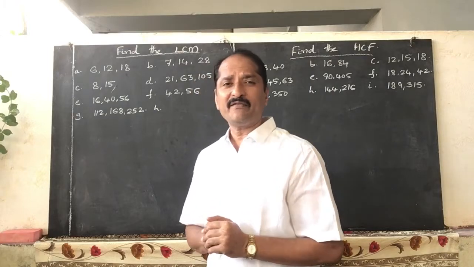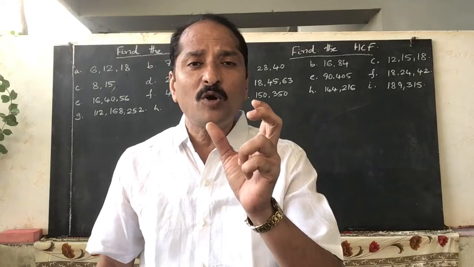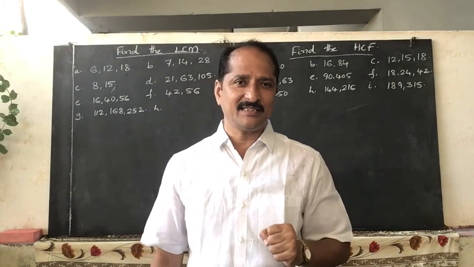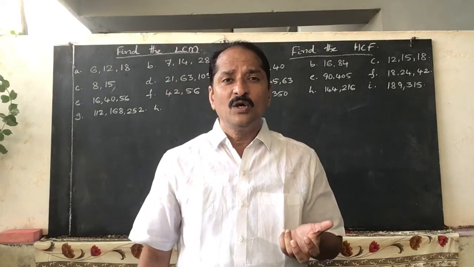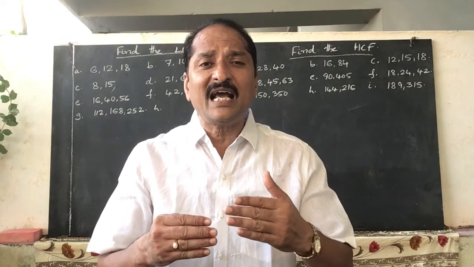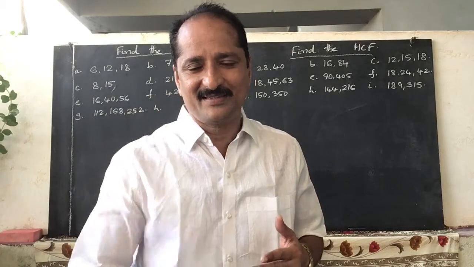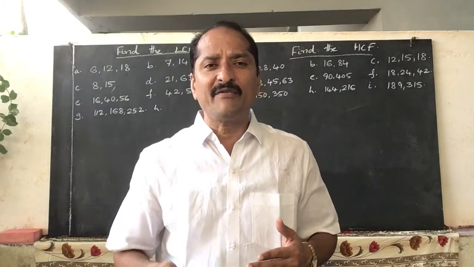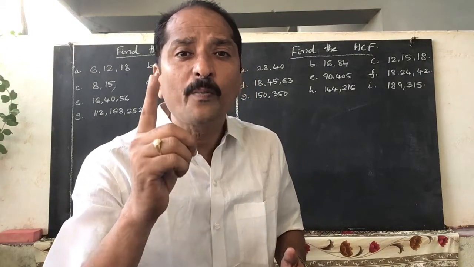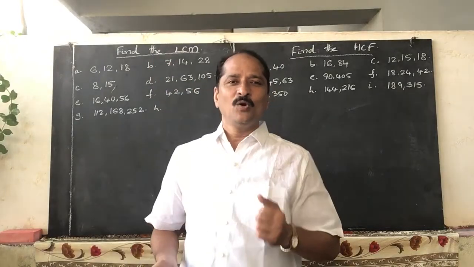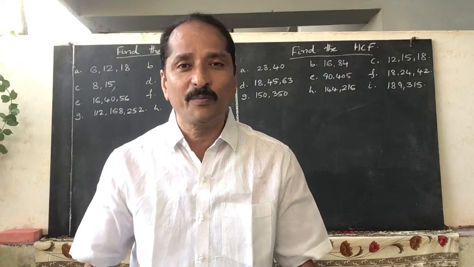And the second property, whenever we are observing these numbers, we discussed co-prime numbers. Isn't it? In the last class we have discussed co-primes. What are co-prime numbers? Two or more numbers having only one common factor are called co-prime numbers.